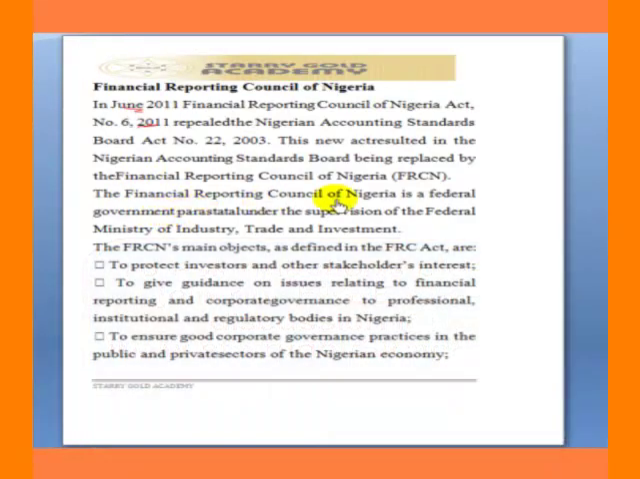So what FRCN now does is serve as a federal government parastatal, and they are supervised by the Federal Ministry of what? Industry, Trade and Investment. So this is the body that supervises the affairs of FRCN. That is, FRCN reports